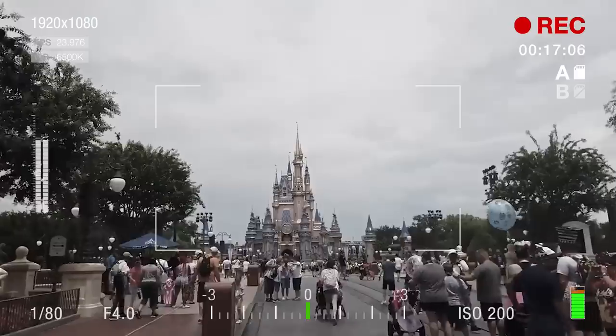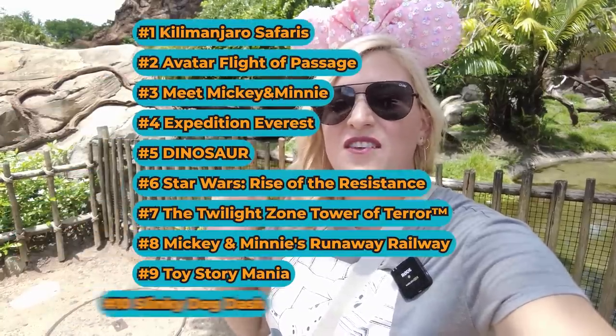It's been a while since we've done any of our Park Hopper series. We've done Epcot to Hollywood Studios, we've ended in Magic Kingdom, and I've asked you which other combinations you want to see, and I heard a lot of people say Animal Kingdom into Hollywood Studios, so that's what we're doing today. Again, I have a list of 10 fun attractions across the 2 parks, plus of course, I'm gonna luxuriate